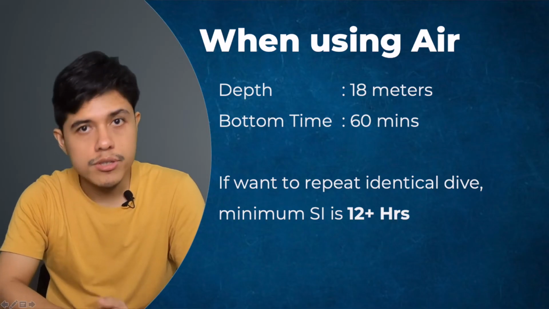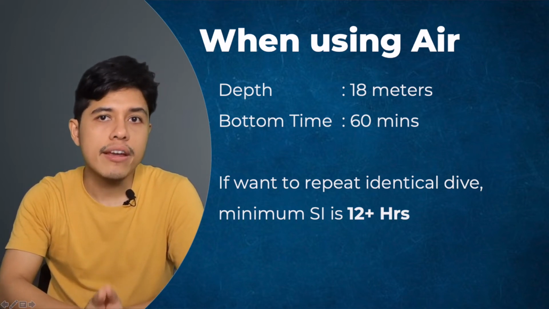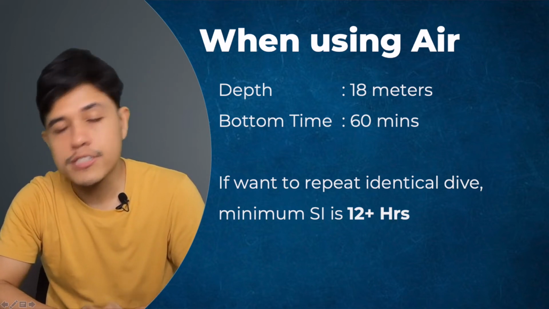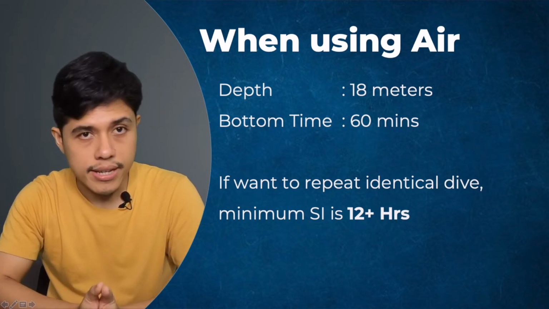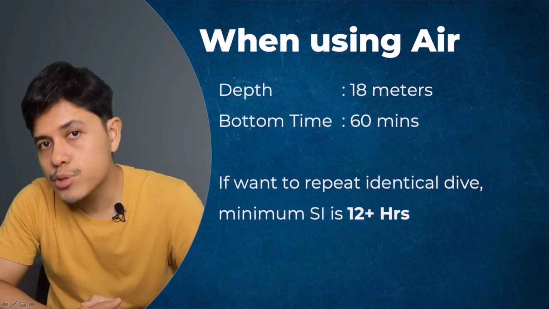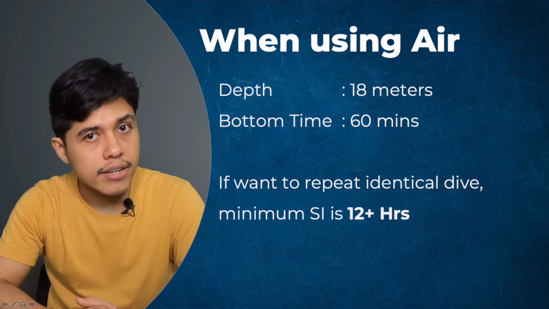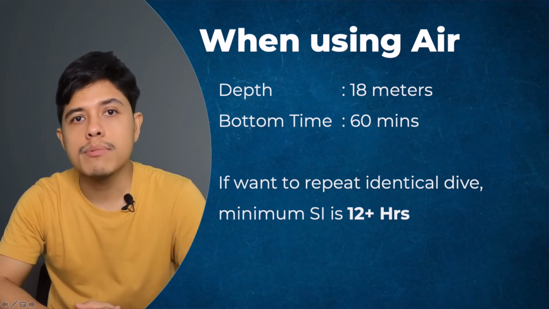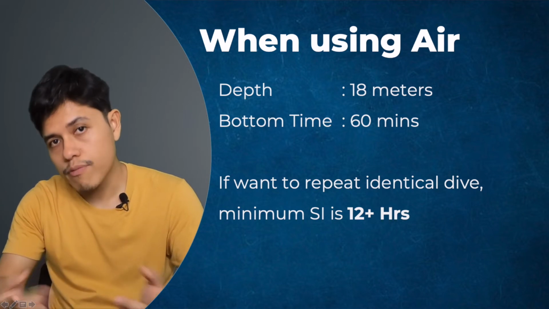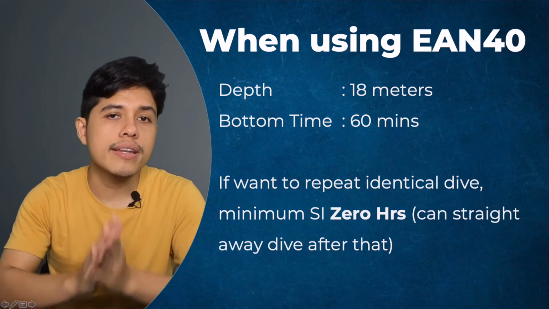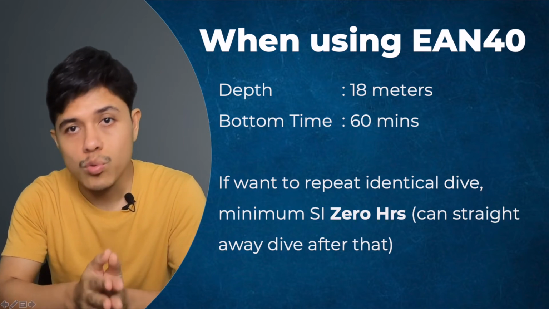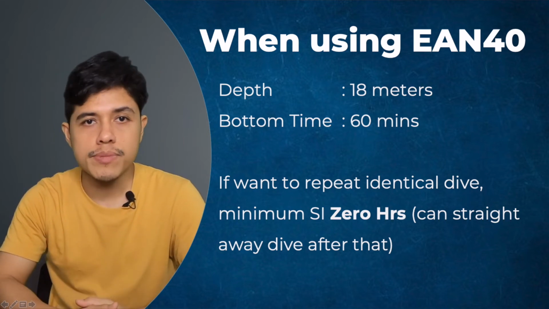According to the dive tables, when a dive is made with air to a depth of 18 meters for 60 minutes, the diver will be diving right up to the NDL. If he then wants to repeat this identical dive again, he will be facing a minimum surface interval of 12 plus hours. Conversely, if the same dive was made with an EAN 40 to 18 meters for 60 minutes, the